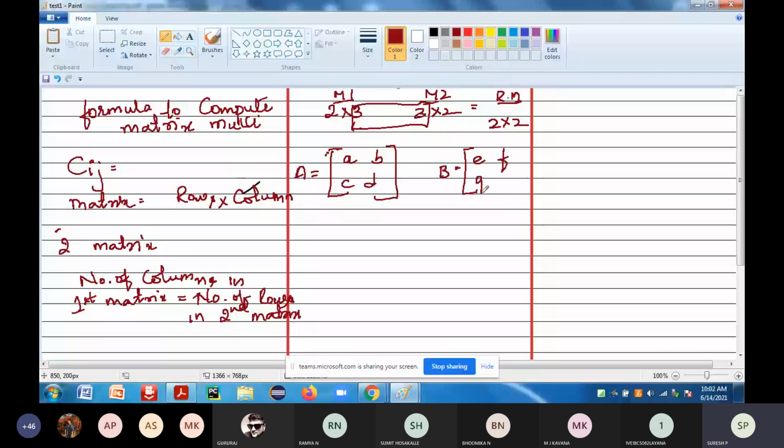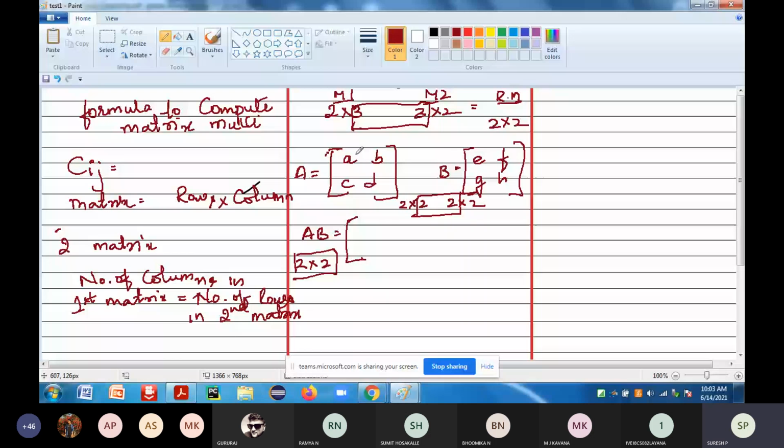When you are multiplying the square matrices, first you have to check whether the condition to perform the multiplication is satisfied. Since the number of columns in the first matrix is equal to the number of rows in the second matrix, it is valid. The resultant matrix will have dimension 2 cross 2. The first element, at position 0,0, will be AE plus BG.